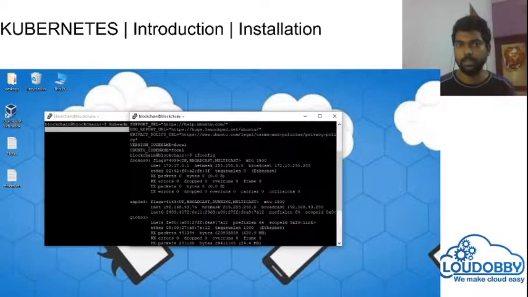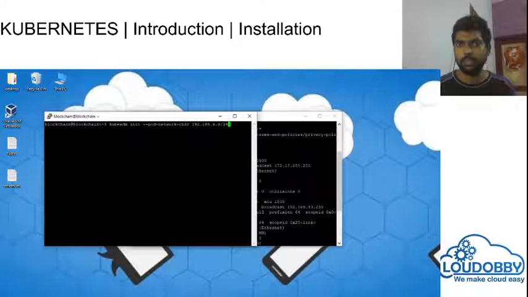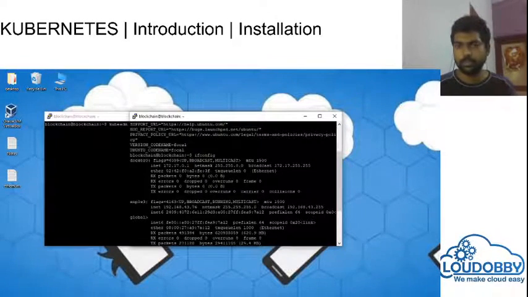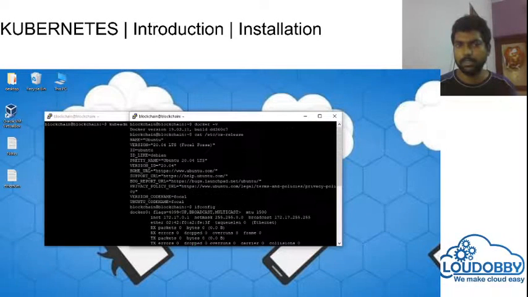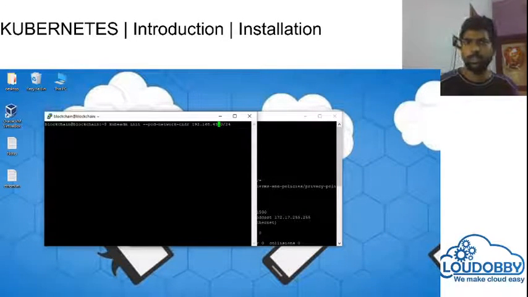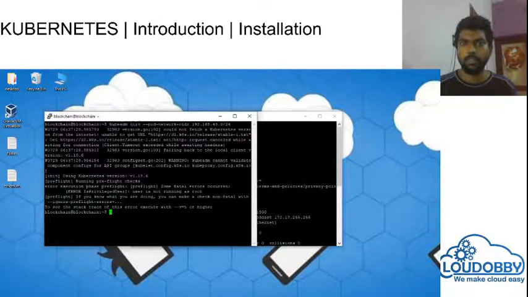You have to check your system's range and just give the network. So we are giving kubeadm init, and when the cluster is initiated, you give this network range.